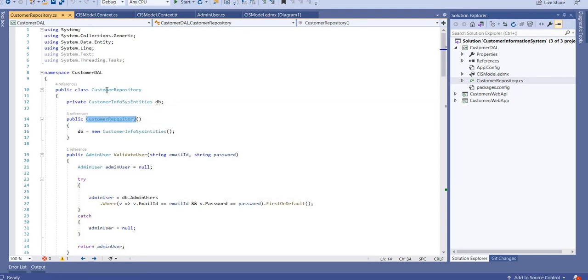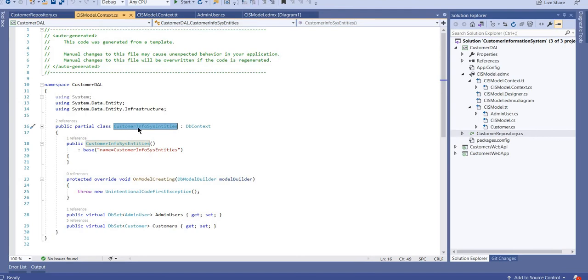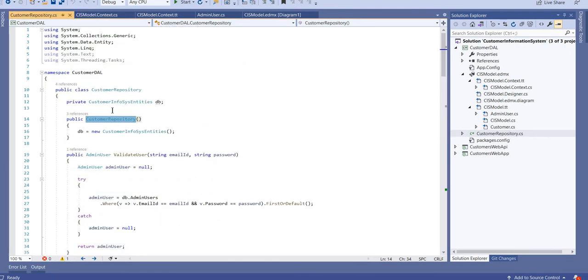So if you see the customer repository constructor, in that we are creating and instantiating that db context class. Clear? So this is my model context.cs inside the edmx. I have this db context file, and I am creating the object of that db context file in the customer repository. Now let's see the methods one by one.